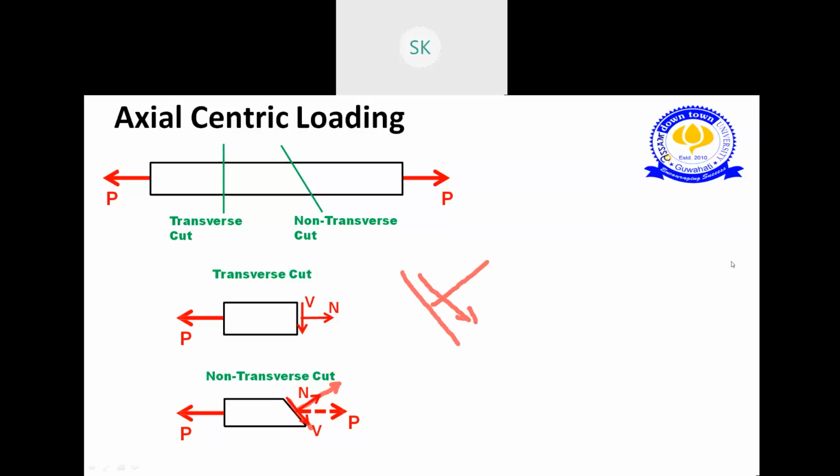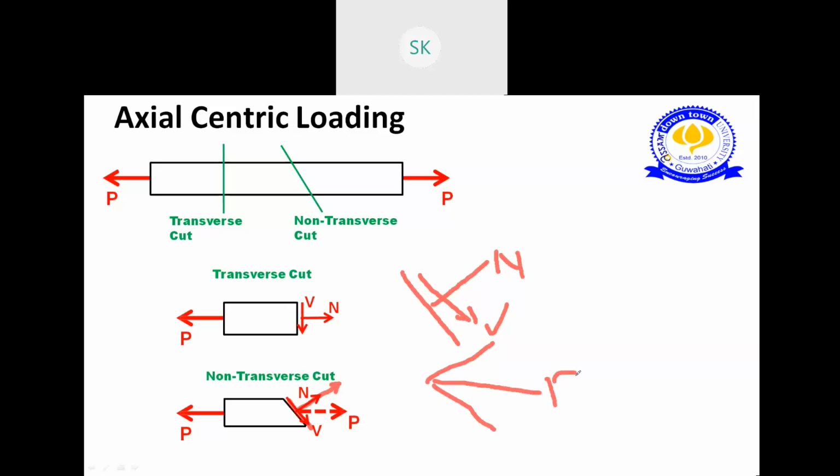So basically normal stress is perpendicular to this surface. N is perpendicular to this surface, and V is parallel to the cut surface. Okay, but if we resolve the forces for this N and V,